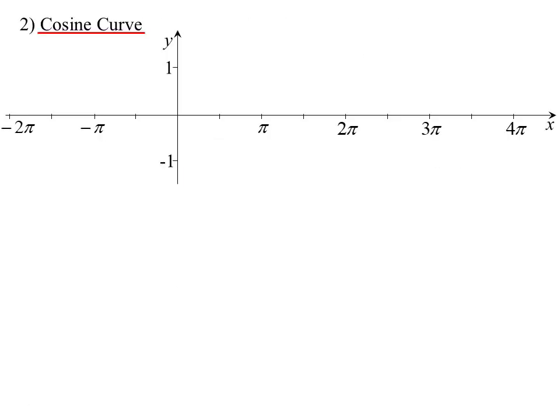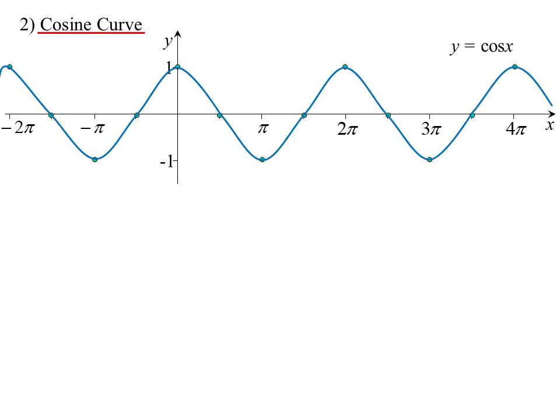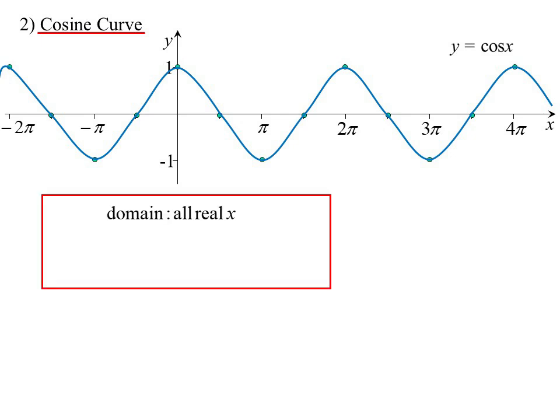It also goes between -1 and 1, as we know. We mark off all our boundary values there, but our cosine curve doesn't start at the origin, it starts up here at 1, then comes down to the origin, and again that pattern, up and down, up and down. And we have our cosine curve, which looks very similar to the last one. Domain is still all real x, range in between -1 and 1, yep, exactly the same as the last one,